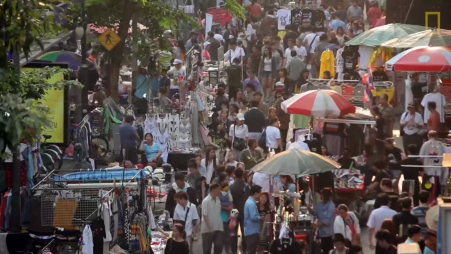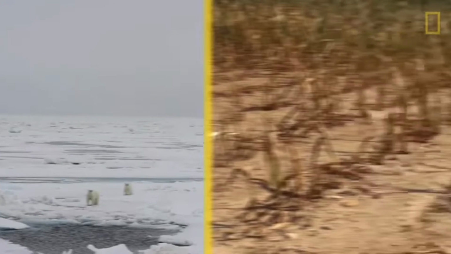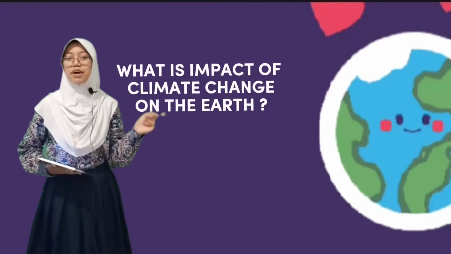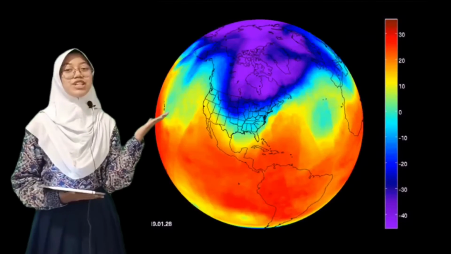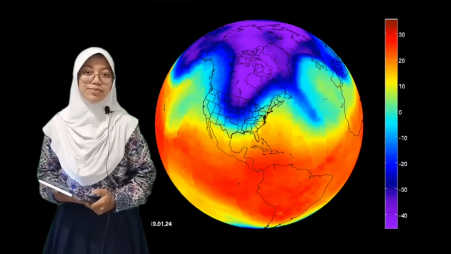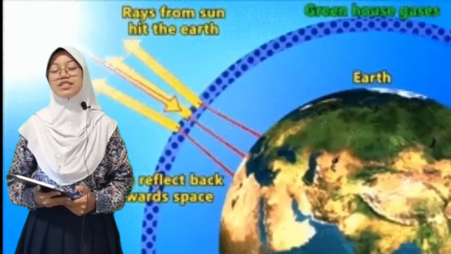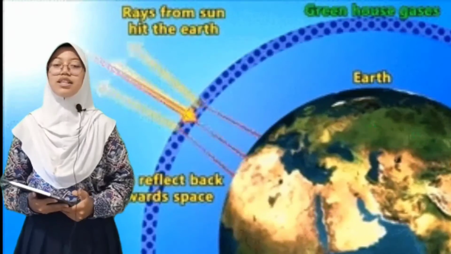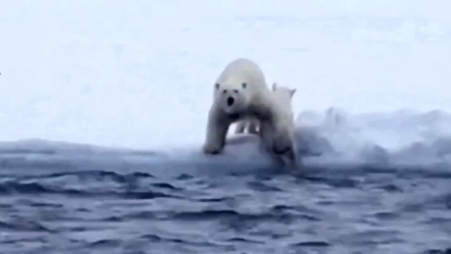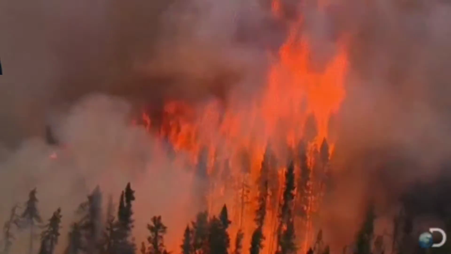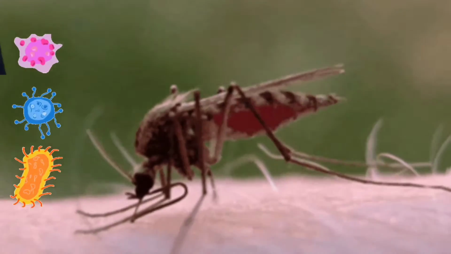So based on the literature review that we have read, climate change is the biggest problem today and in the future. So the main question is, what is climate change and what is the impact of climate change on the Earth? Climate change is a significant change in climate, air temperature, and rainfall. This is caused by the increased temperature of the Earth as a result of the increased concentration of greenhouse gases in the Earth's atmosphere. So this can lead to melting of polar ice caps, floods, forest fires, droughts, disease, and